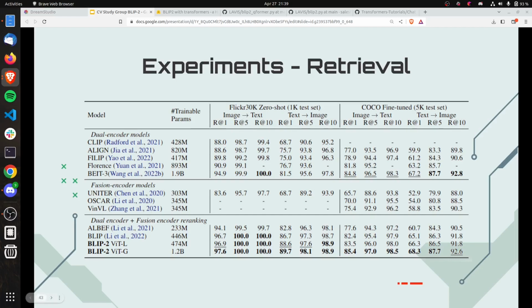And actually for this task, they don't need the large language model, so they just completely leave that out and only fine-tune the image encoder and the Q-Former. No, Q-Former, it's not query transformer. Q-Former is the right term for it. And here as well, the performance is outstanding. There's even some 100s in there. They're doing pretty well. So all in all, it is a pretty good model.